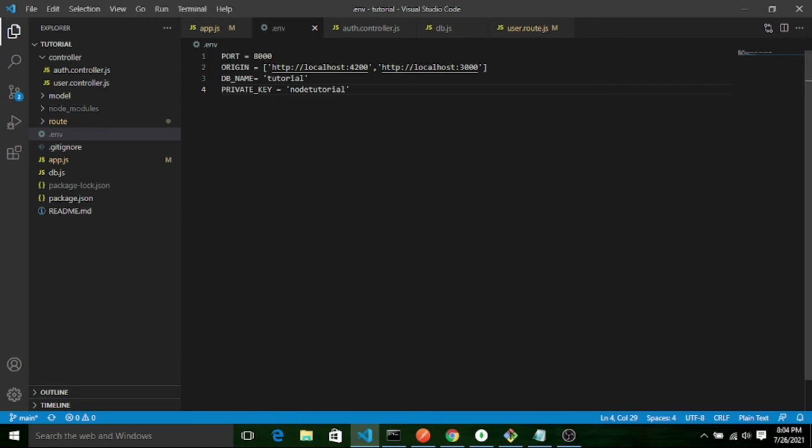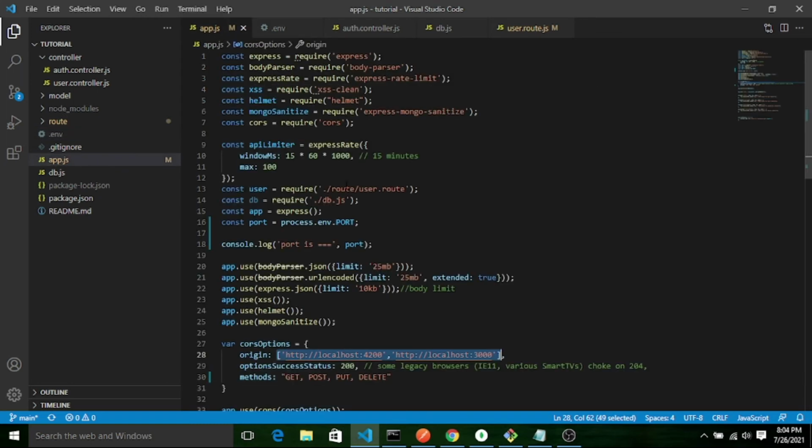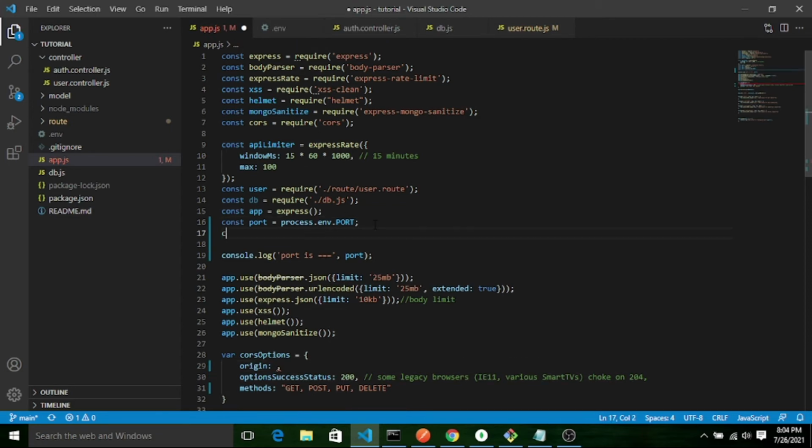So let me, for app.js, fetch the origin. Let's say here I am fetching const origin equals to, same way you have to use process.env. This is a Node.js inbuilt method. Origin. Okay. Let's say I am printing that value also here.